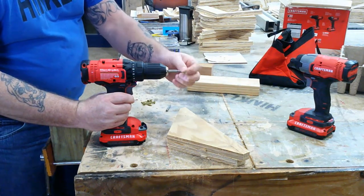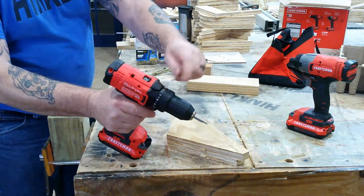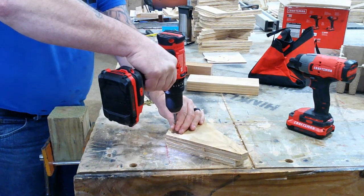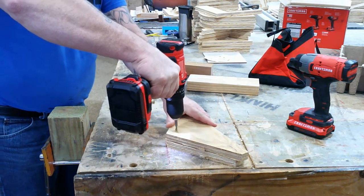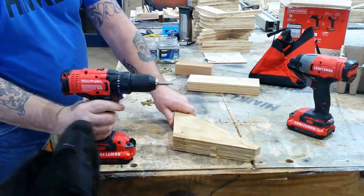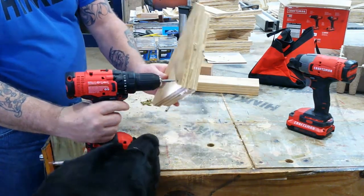Let's start with a short screw here. Alright, the clutch is all the way up. Let's put it in this piece of plywood. So as you can see, there's no clutch. It will strip the threads out on this